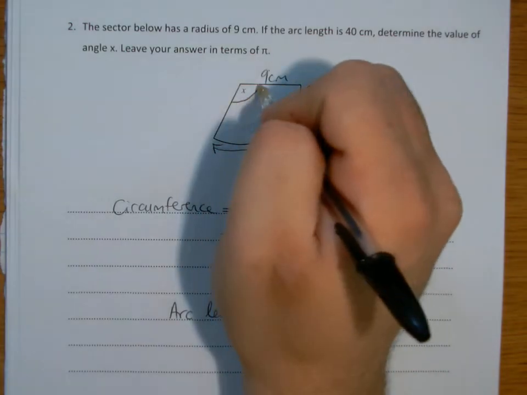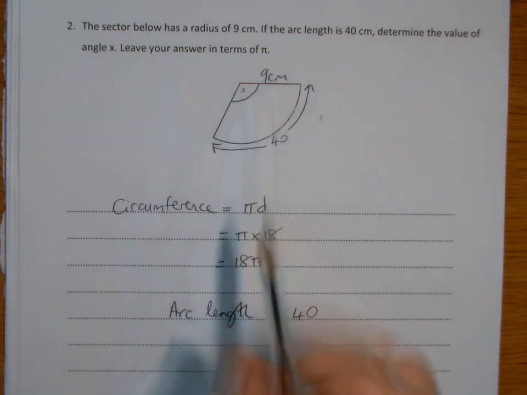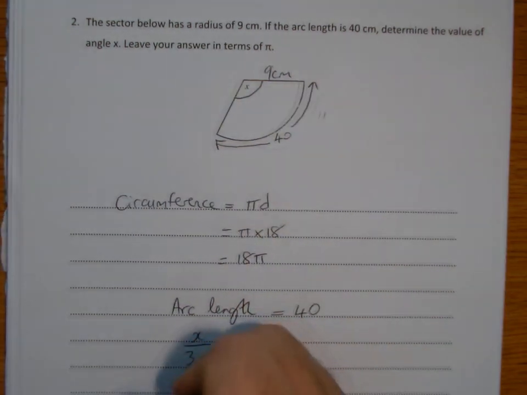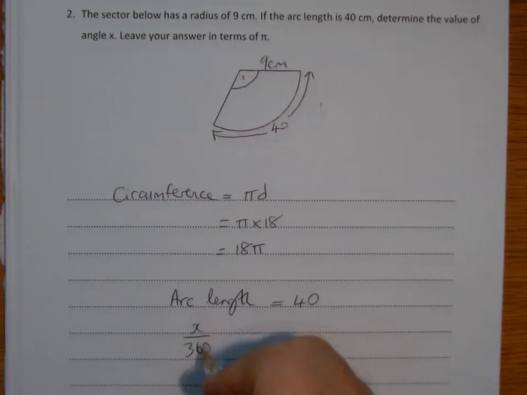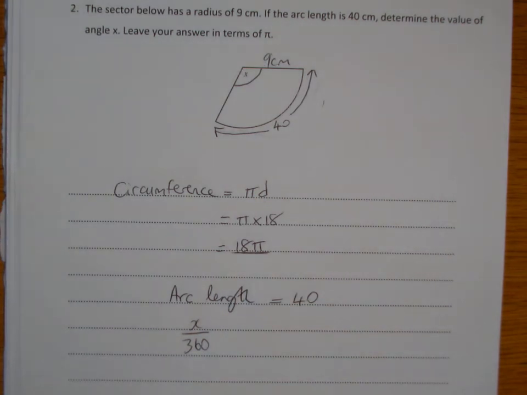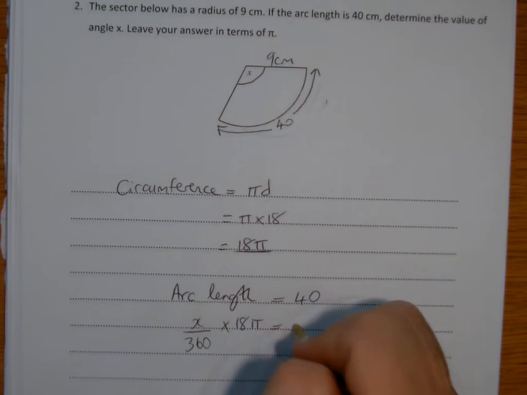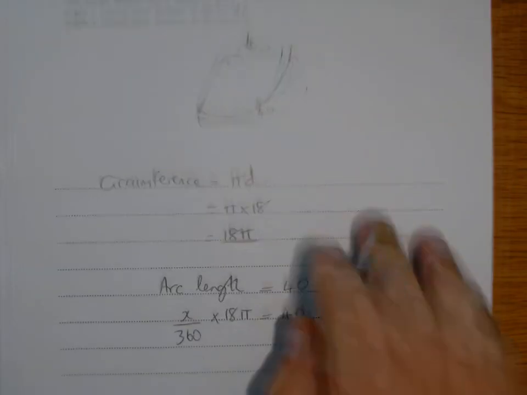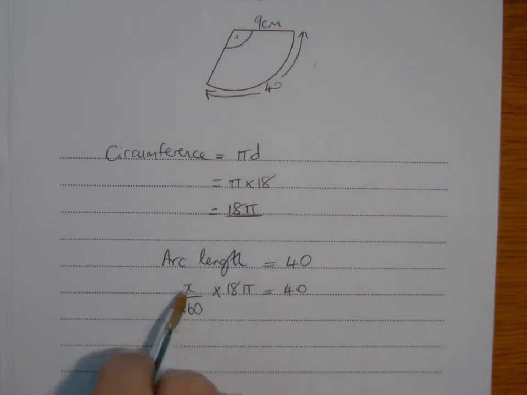Well, the angle here is x. So the fraction will be x out of all the way around, so x out of 360. That will be the fraction. So it's x out of 360, the fraction of the full circumference, which is this. And that will equal 40. Now, all they want is for us to work out what x is and leave it in terms